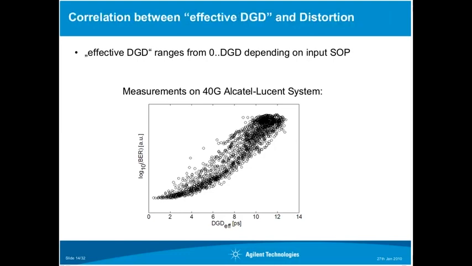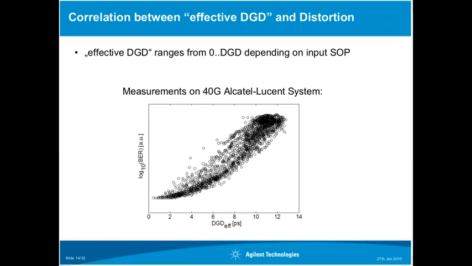And changing the input polarization state will change your signal distortion. Sometimes you will hit the principal states, then your signal is nice, and sometimes you're far away, then your signal gets bad. And we used our In-Situ PMD analyzer to measure the effective DGD and recorded the bit error rate